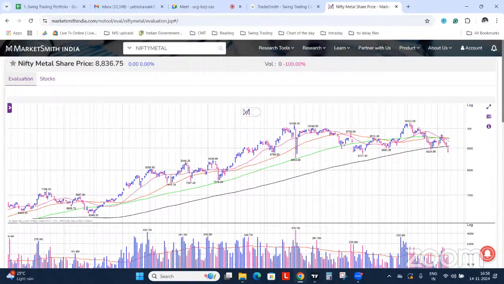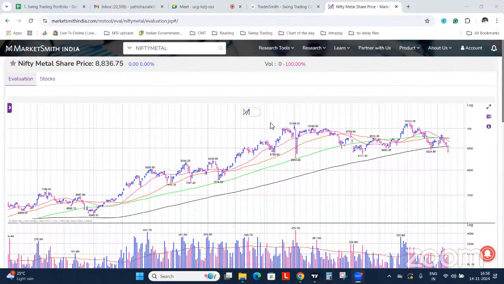So again, the Nifty metal chart is in a downtrend only. It has already breached the 200 DMA and is trending below it. It is below the 200 DMA today, and again it is comfortably trending below that. Another thing is that it has breached not only the 200 DMA but also the price cluster support, which is already placed in the range of